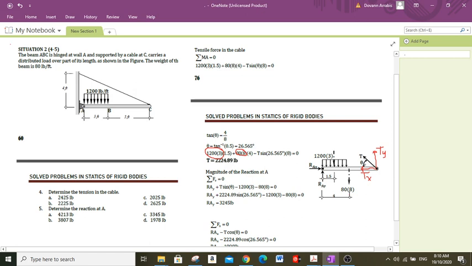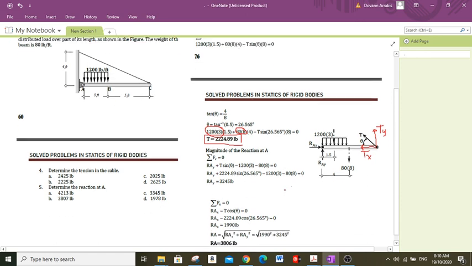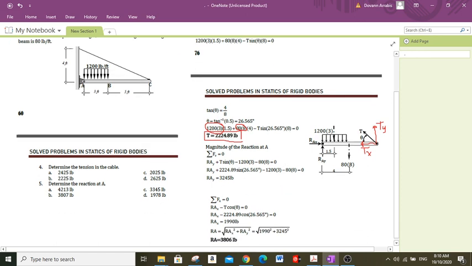And we can get the magnitude of T, that value. And to solve the magnitude of the reaction at A, we simply apply the